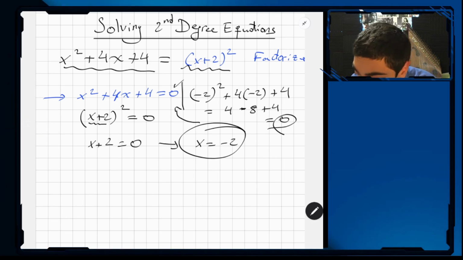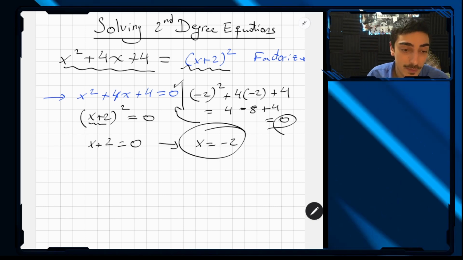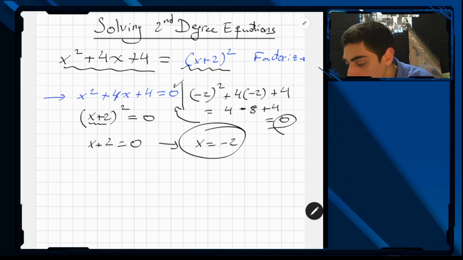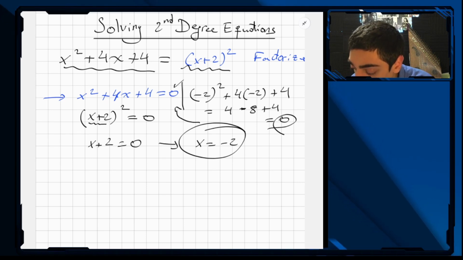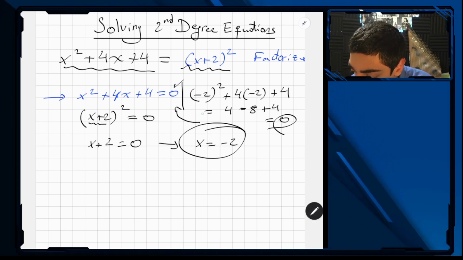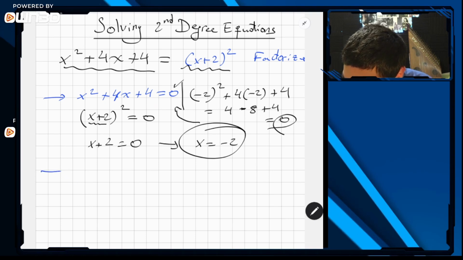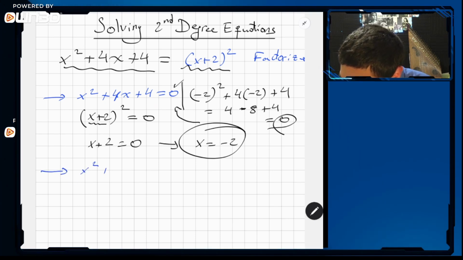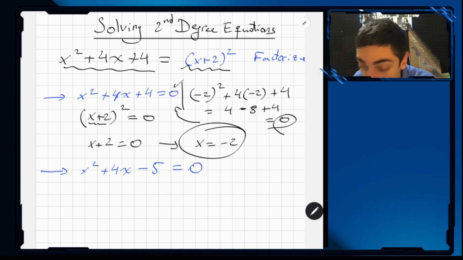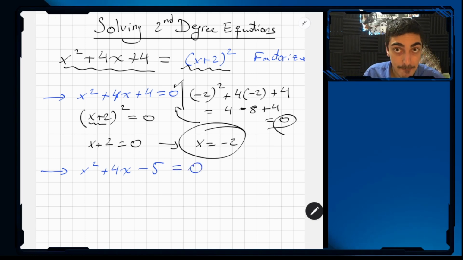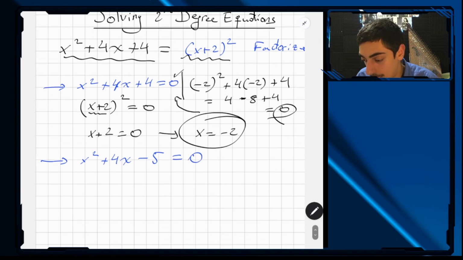And it worked wonderfully because we used the remarkable identities trick here, the factorization trick that we learned in the previous videos. Now, again, the same question: what if you have a different number? What if instead of starting with this, we start with x squared plus 4x minus 5 equals 0? Well,